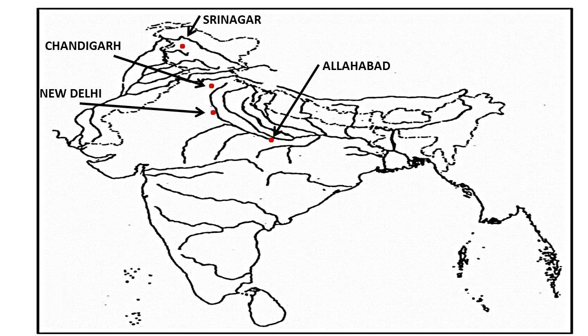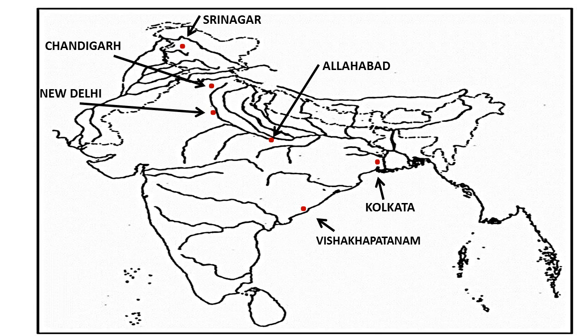Next city is Kolkata. Towards the northeast, you will find a small bulge or summit kind of feature. There you have to mark Kolkata city. Next comes Vizag or Vishakhapatnam. Between river Godavari and river Mahanadi, you can see a small depression. There you have to mark the city Vishakhapatnam.